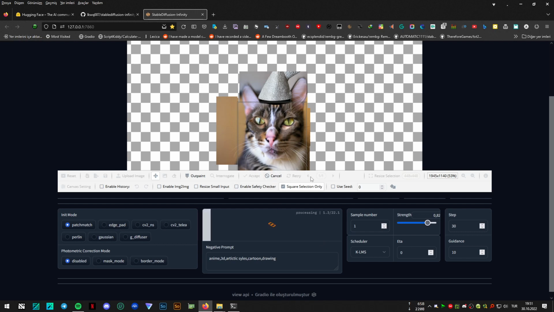Retry. This will work on the same area. You are not seeing the masked area, but it's working on the same area since I pressed the